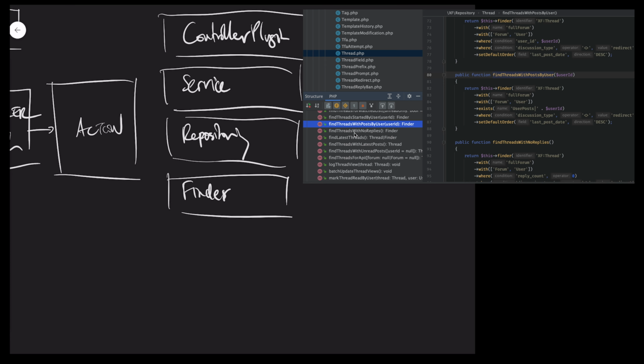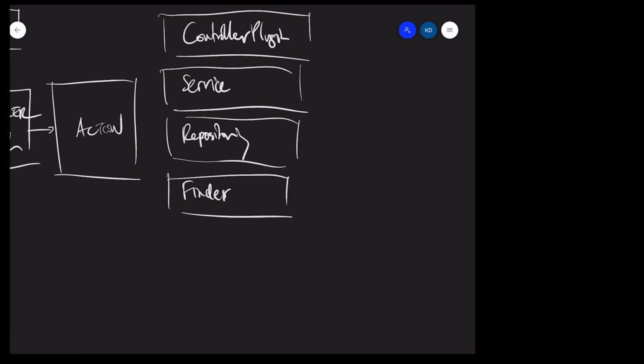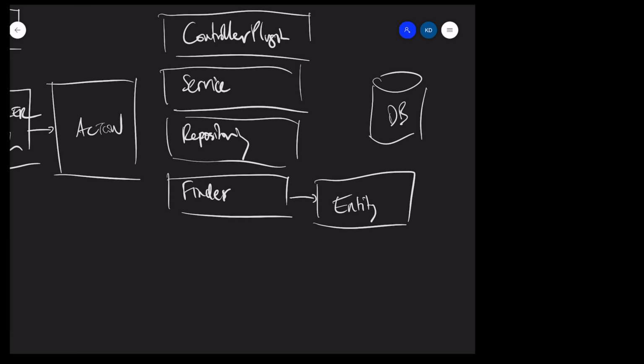The Finder is essentially a query builder that allows you to select data from the database, and it will return for you a collection of entities. Now, entities are XenForo's data objects for interfacing with data in the database, and they have the ability to update and save themselves. They have the ability to operate on themselves, and they're just generally really clever methods of working with